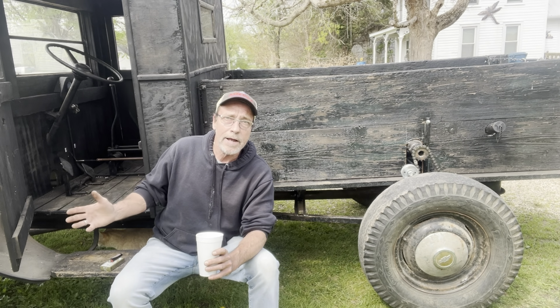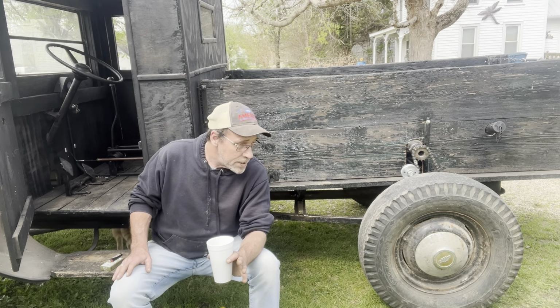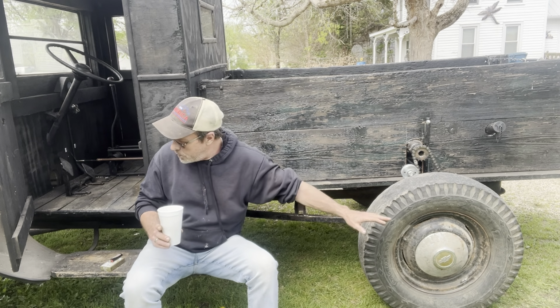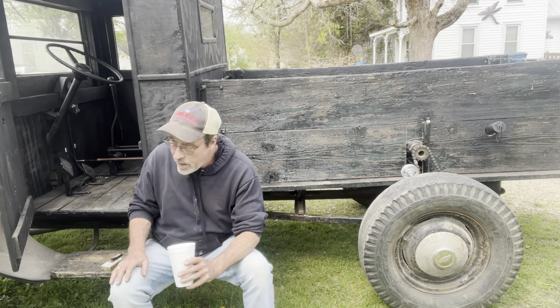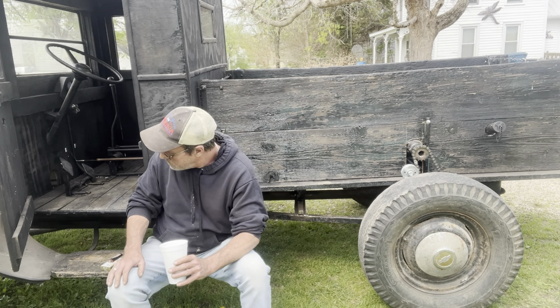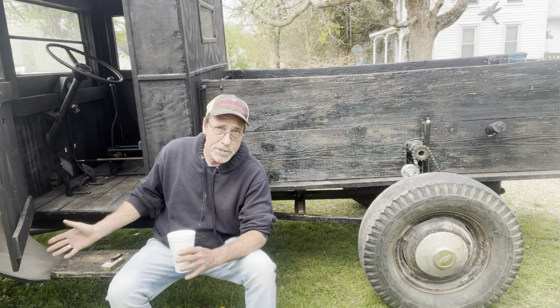I call them hay rack hubs. As far as this looking like a Model T, the only Model T parts on it are the fenders, and I've got 2 more to go on the back here, but I haven't put them on yet. But I gave $100 for 4 used Model T fenders. I think I get $50 for the axle, and it came with the spring and the steering box and all